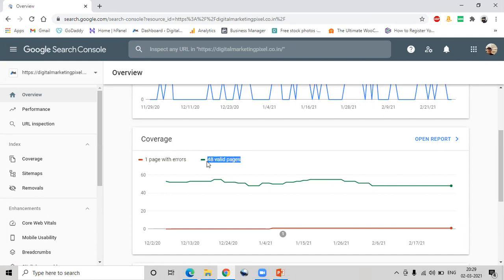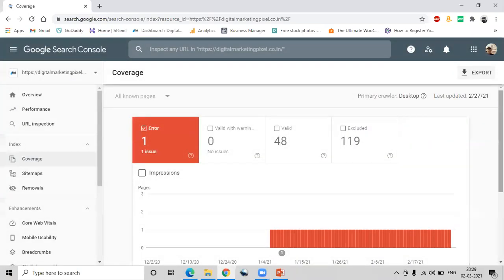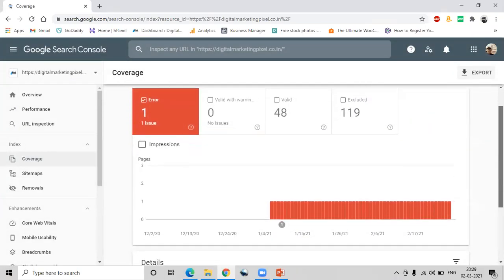So I have made 48 pages on my website which are valid. Let's see the report. And I excluded 119 pages from indexing. I don't want those pages to get indexed. I just want my 48 valid pages to be indexed.